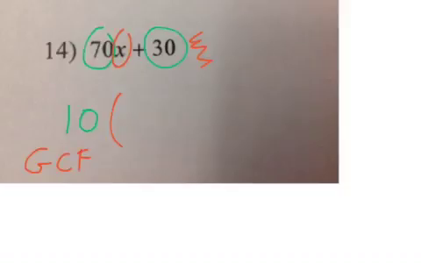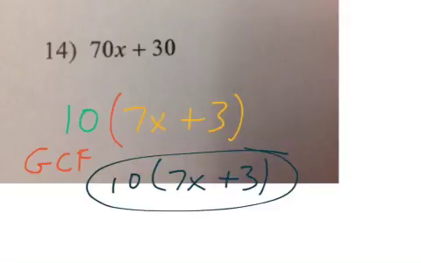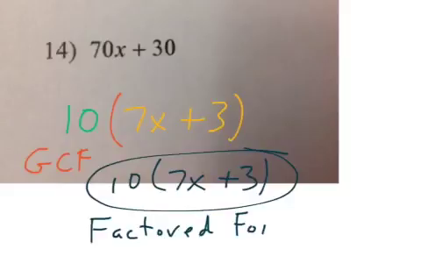And so, continuing with division or multiplying backwards, does everybody agree 10 times 7x is 70x? And of course, 10 times 3 is that 30 right there. Think about it. So in other words, 10 times 7x plus 3 is the factored form